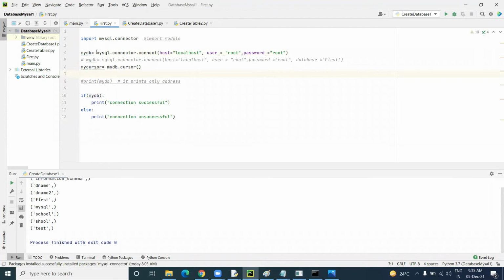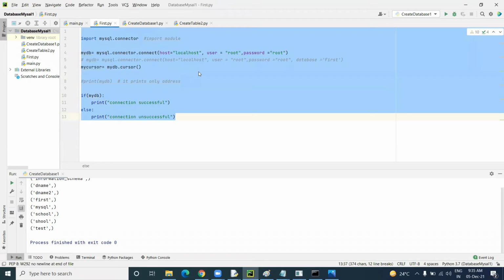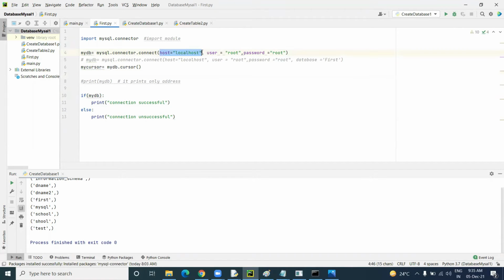After that, we need to send the connection request with mysql.connector.connect. So what's in the request? By default, the host name is localhost because we are running on the local system. If you are going over the internet, we can change the host name. Right now, all the systems are providing localhost. And the username is what you created. My username is root, and the password is root.